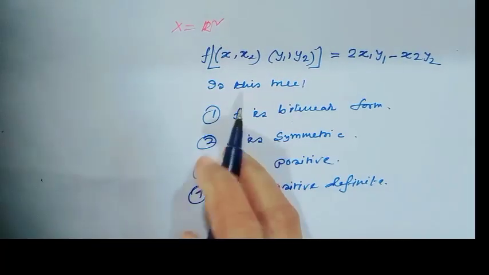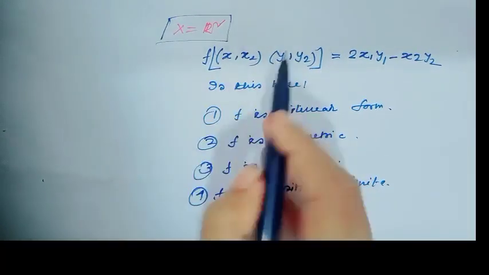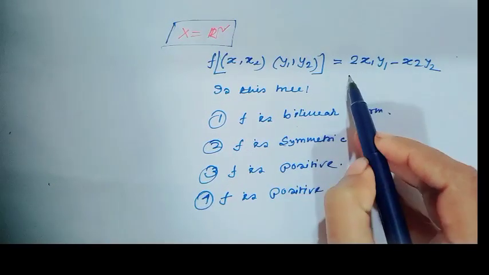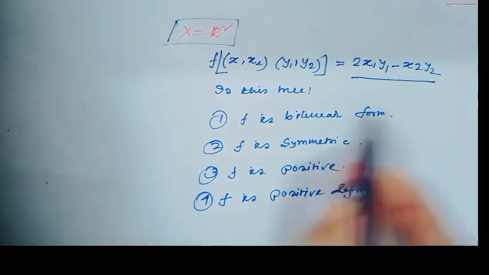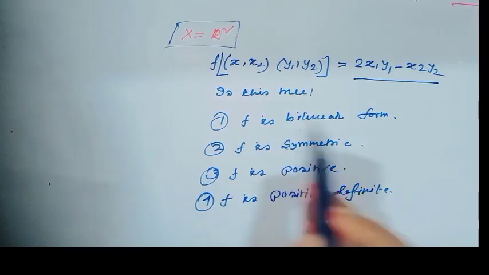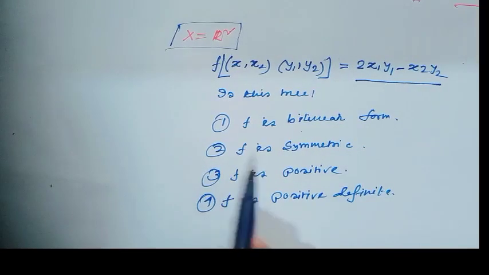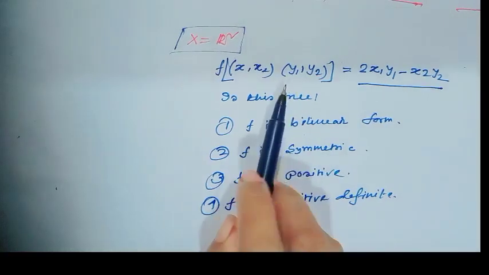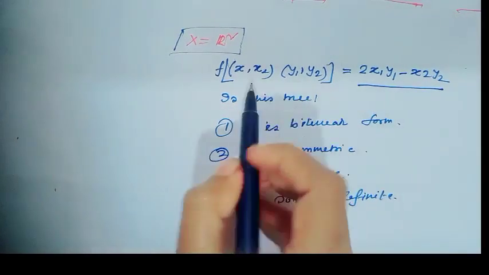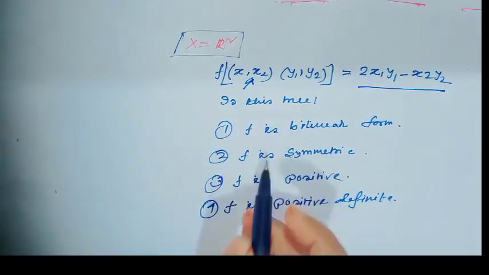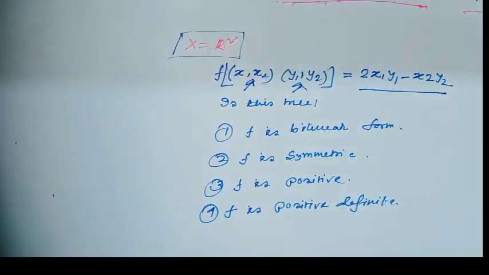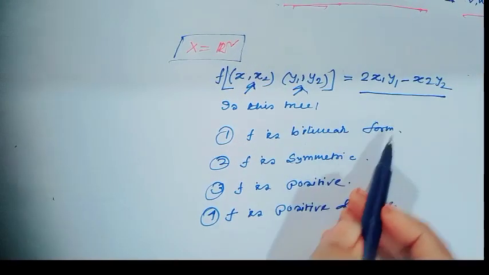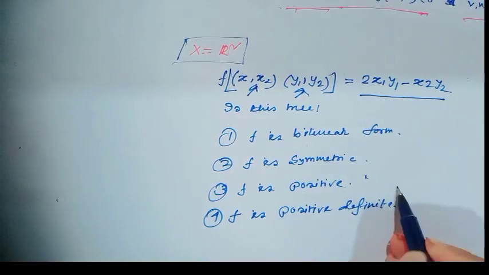For example, consider the vector space R2 such that f of (x1, x2), (y1, y2) equals 2x1 y1 minus x2 y2. Now the questions are: is f a bilinear form? Is f symmetric, is f positive, and is f positive definite? Obviously this is a bilinear form because it is linear in the first coordinate and also linear in the second coordinate. Also this is symmetric, but this is not positive definite, because